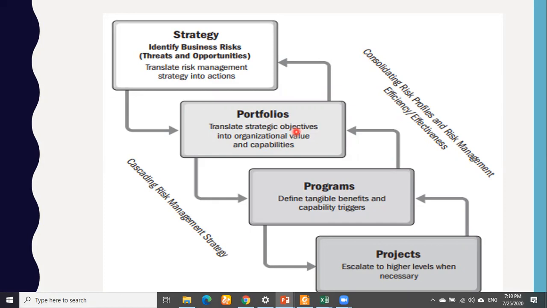So if I am talking about organizational commitment, the project manager who is working right here will be responsible for the activities going on, but the resources will be provided. What do you think? Who will provide the resources at this project level? The project manager or the program manager? Sir, program manager. So now, does it depend on the commitment of the program manager towards the project?